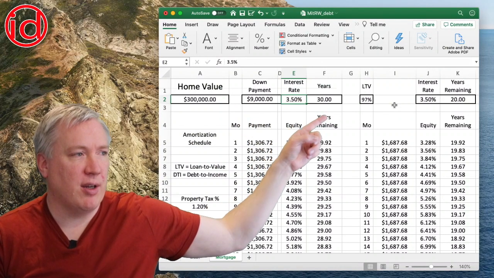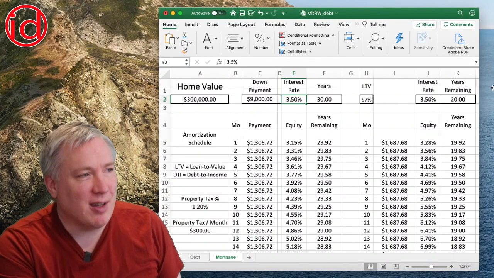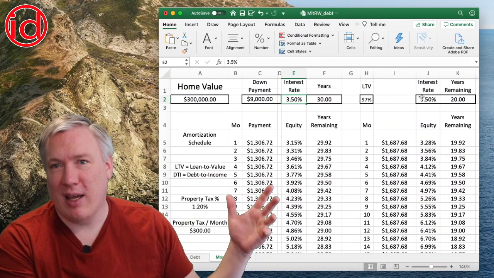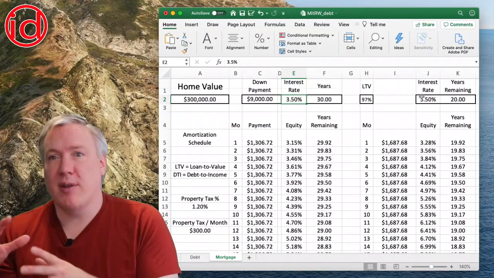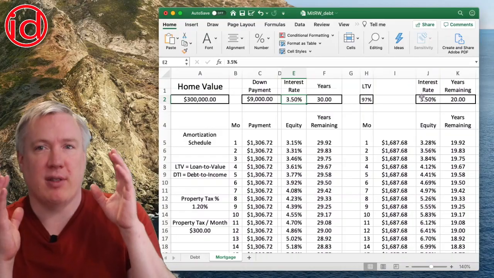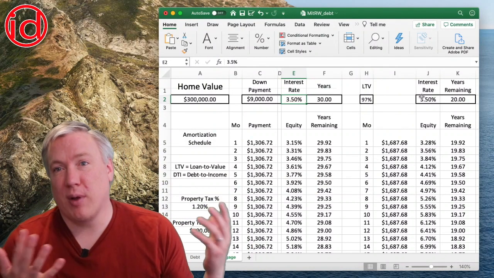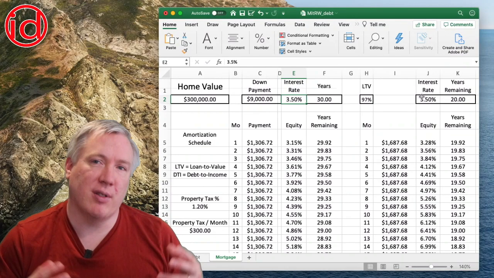So you have interest rate in years here, but then you also have, and I can't point my finger all the way over there, over in this section here, you have it again so that you could compare what's the difference between an interest rate of this versus this, or what's the difference between if it's a 30-year loan or a 20-year loan, and you can see and kind of experiment what the cost differences are and do a side-by-side